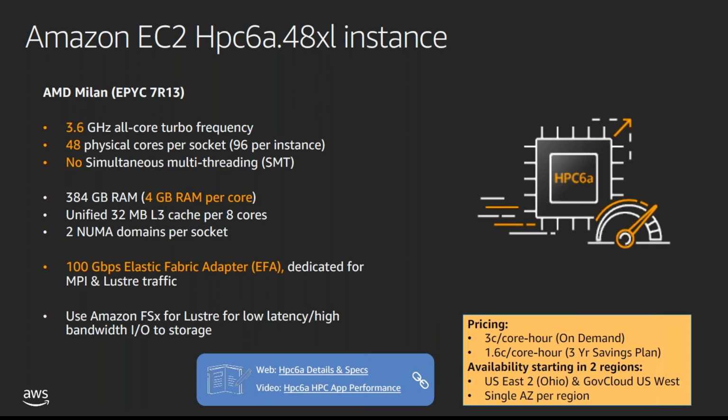So we did a lot of work on the design and optimization. It's a dual socket machine, so there's 96 cores per instance. We don't use simultaneous multi-threading. Healthy dose of RAM with up to 4 gig per core, and we take advantage of AWS's 100 gig elastic fabric adapter network dedicated for the MPI and Lustre traffic that is needed to support a wide variety of the tightly coupled HPC workloads that we see,